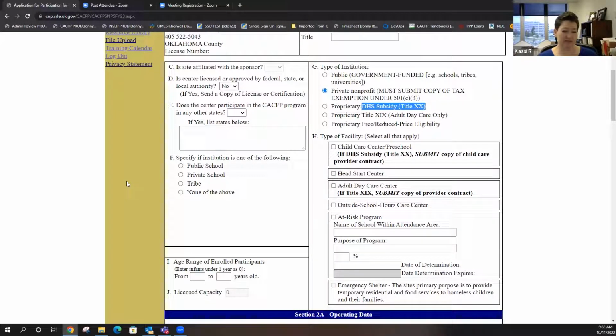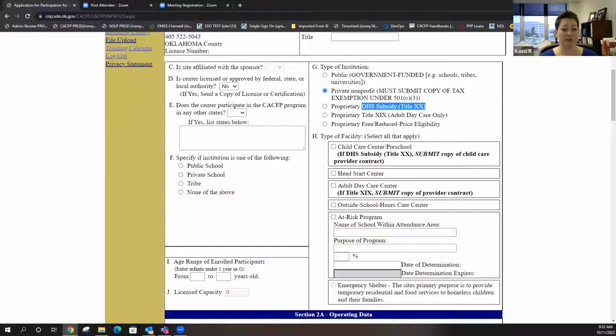That's why we had to collect that subsidy information, because that was the way you were eligible to participate. We have a process in place to know if you aren't. So we don't need those letters anymore. That was a really long answer, but that's why we don't need them. Next year, those letters won't say, please give a copy of this to your food program. We don't need them anymore.